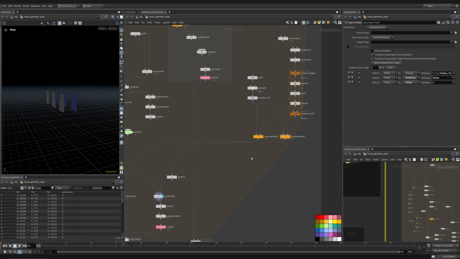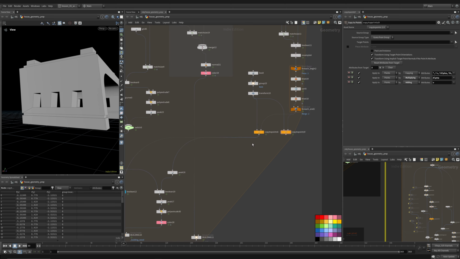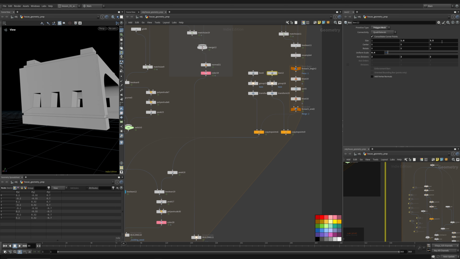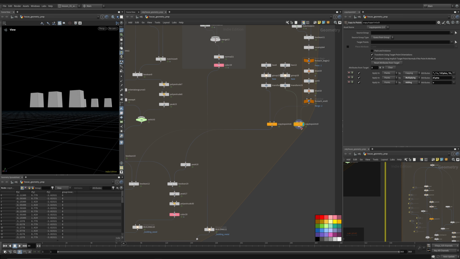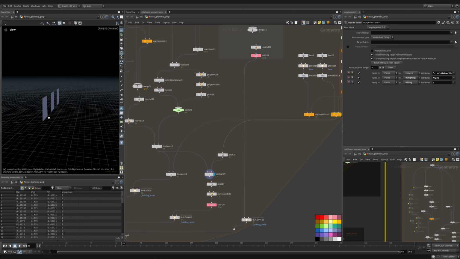So I'm just going to duplicate the copy to points. I'm going to use one shape to cut the hole, and then I'm going to use one shape as well to do the actual window. So I'm going to put this back to 1, copy these to points here,